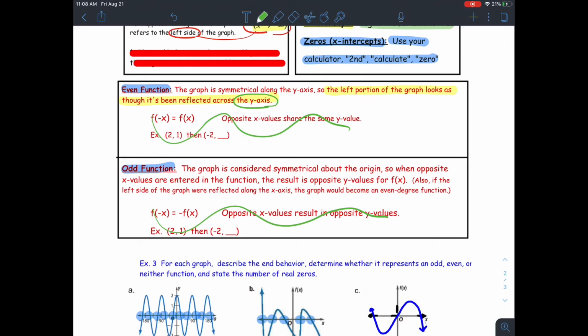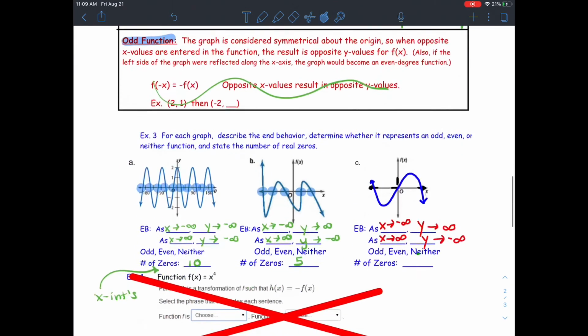it has to be directly across the y-axis though. Not just a reflection vertically, but it has to look like if you folded your graph, I'll just give you an example right here. If I folded my graph on the y-axis, would the right side match up with the left side? This graph I just drew here is an even function, but if I were to place the parabola here, now this is not an even function,